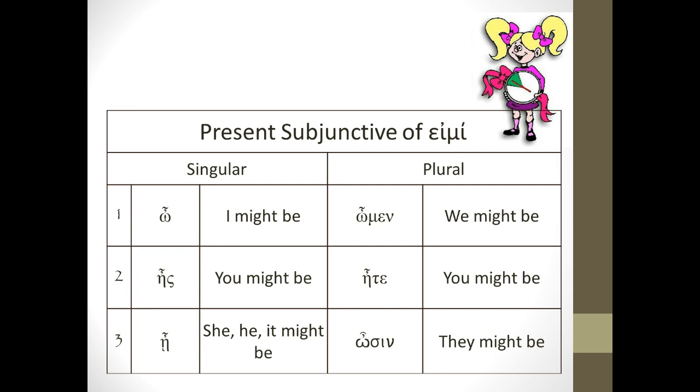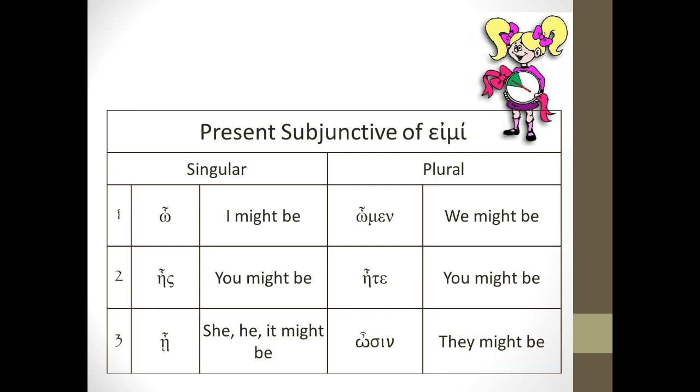The fact is, you're going to see the present subjunctive of eimi from time to time in the New Testament, but you're not actually going to see it a whole lot. The reason why I start with the present subjunctive of eimi is because these are the same exact endings that are going to go on the end of your present active subjunctive in the present tense. And if you look at these, you'll notice that although they're slightly spelled differently, they sound exactly the same as the present active tense that you learned way back in chapter 1: o, eis, ei, omen, ete, ousin.